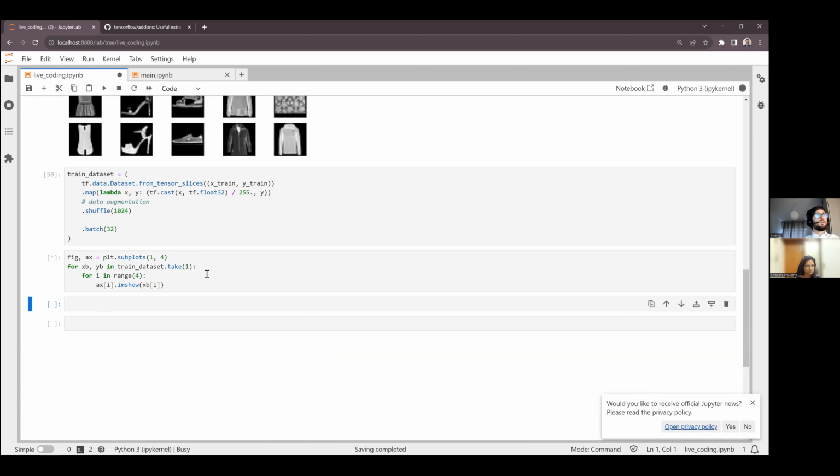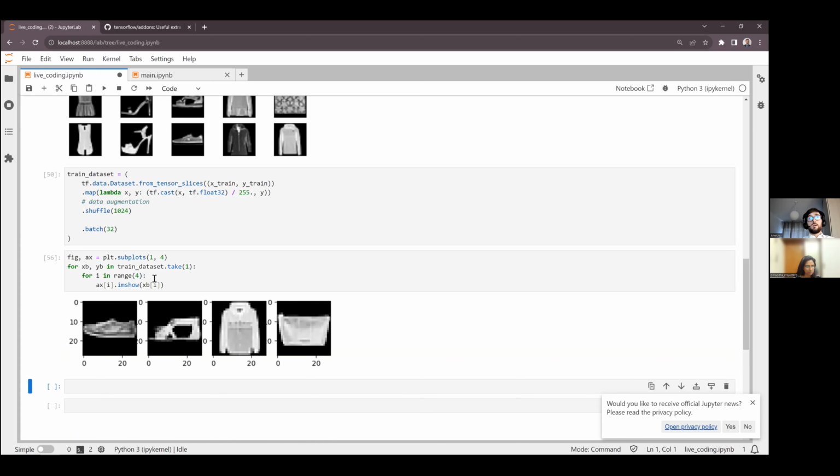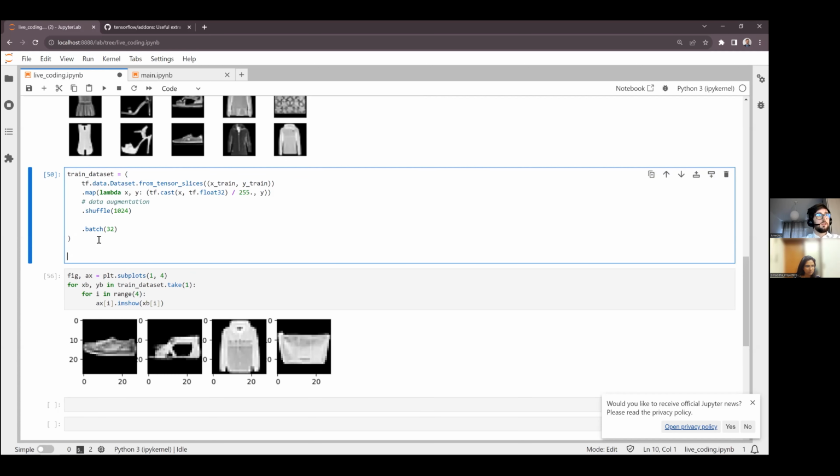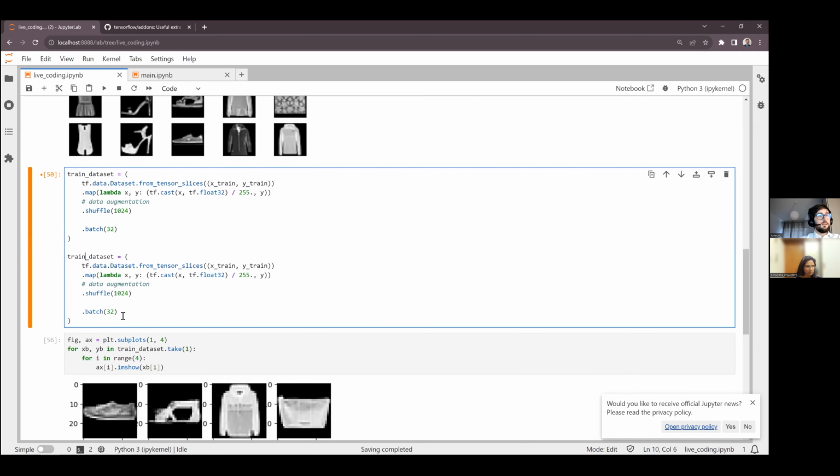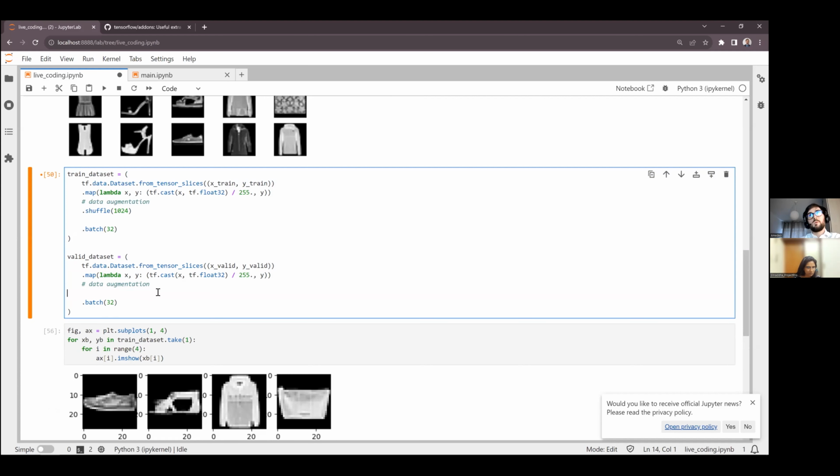Now we should do the same thing for the validation dataset. Train dataset, valid dataset, that is again from X valid and Y valid. In that case, I will not need to shuffle the data since I would simply need to look into it.